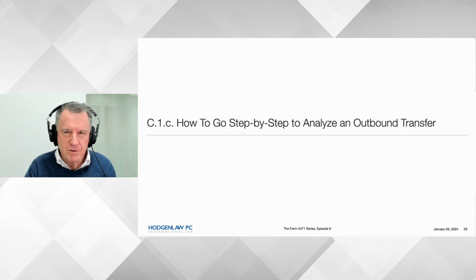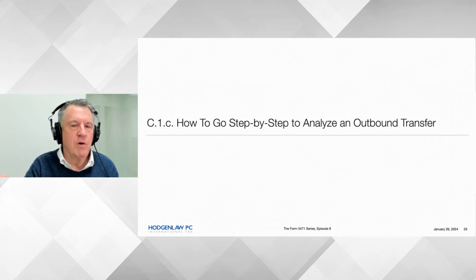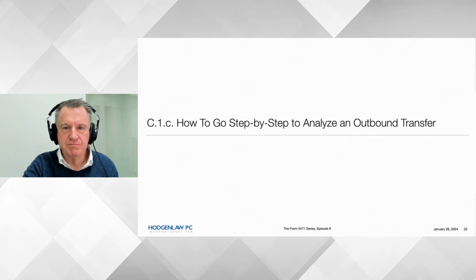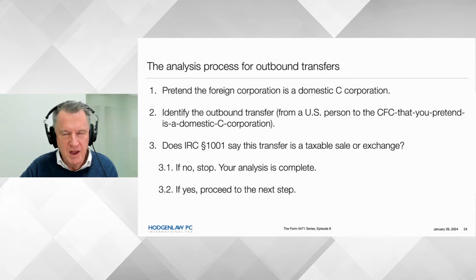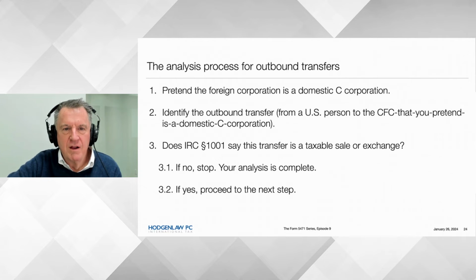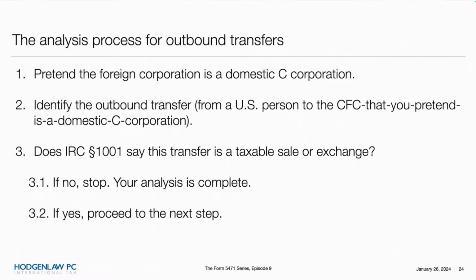So I'm going to walk you through here how I go about thinking about an outbound transfer, and indeed any kind of going through a process like this. Meaning, how do I figure out the answer to a tax question? So the first thing I do is, first, I pretend that the whole transaction is completely domestic. So in this case, we've got a US person, we've got a CFC, we've got a foreign corporation. It's not yet a CFC because it hasn't issued any stock, right? So you can't say that it has more than 50% owned by US persons.